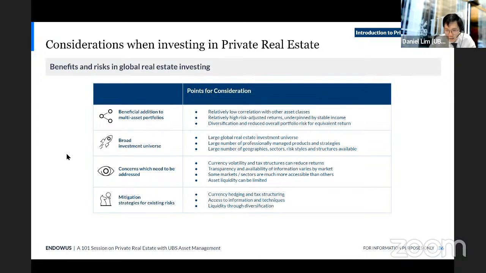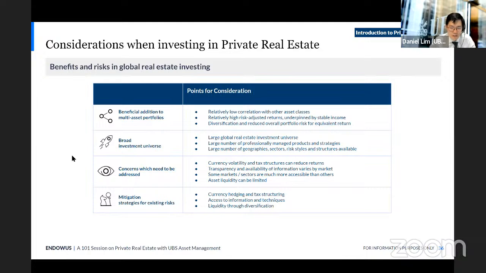And then lastly, on the transparency of information, that can definitely vary quite a bit from market to market. Singapore, as an example, is a very transparent market, as I think most of you are aware. Information is readily available. Australia is also a pretty transparent market, but conversely, markets like Japan, which may be surprising for some of you, are not necessarily very transparent. You can probably find information about assets being sold, but if you want to know more about the specifics of the assets and the pricing, it can actually be very difficult.